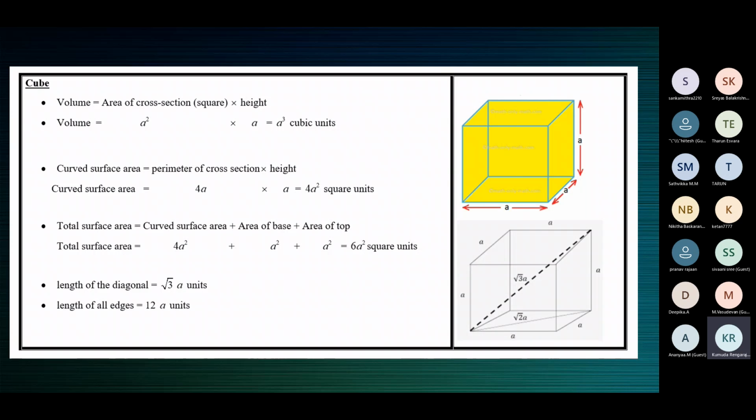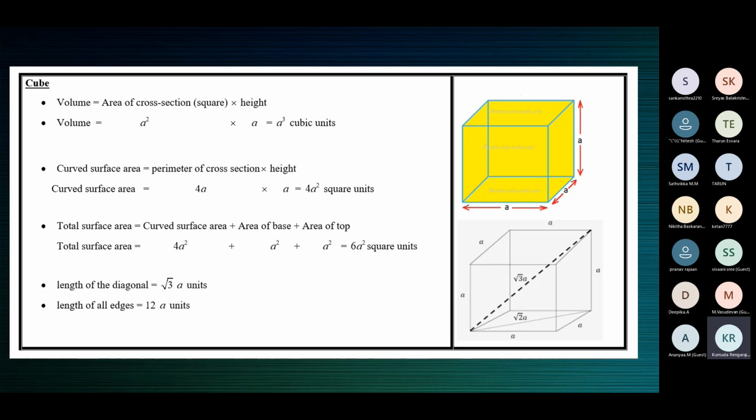Now what you see is a solid. A square is a plane figure, while when you stack up these squares of side 5 centimeters to a height of 5 centimeters, what you see in front of you is a solid figure, which is a cube. Because you know that in a cube, the length is equal to the breadth is equal to the height. So the square has a length of 5 centimeters, breadth of 5 centimeters, and you've stacked it up to a height of 5 centimeters. So height is also 5.